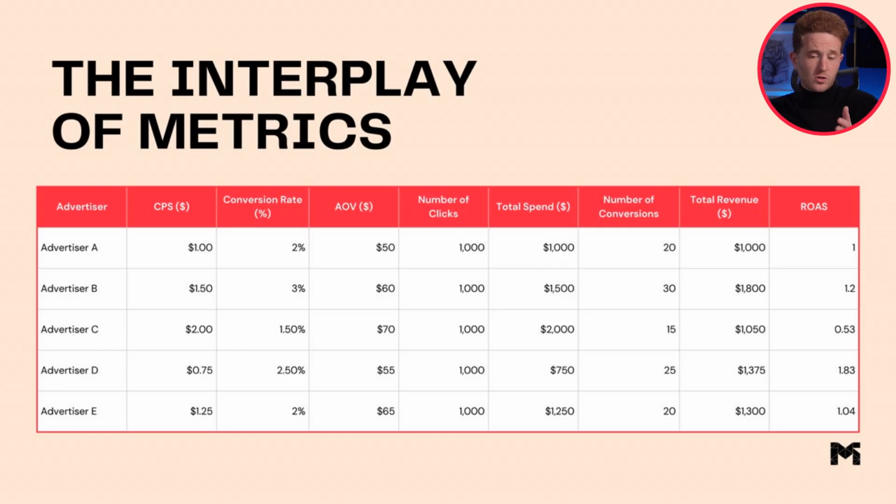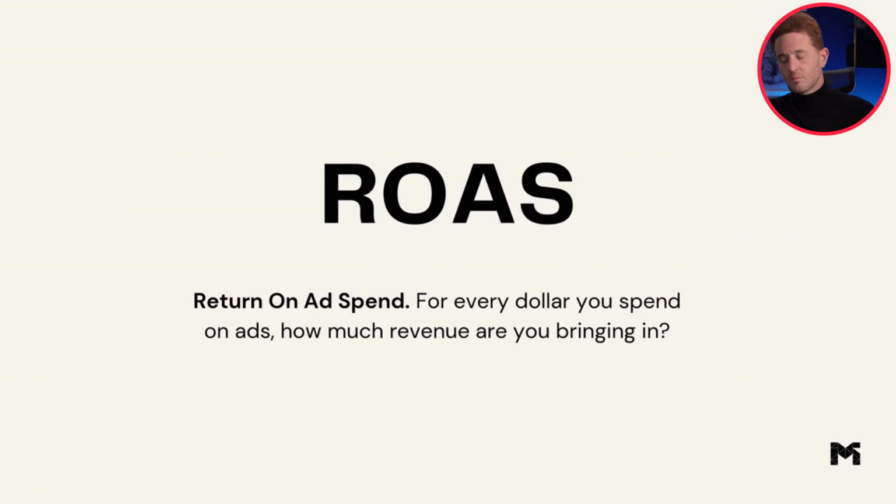So you'll see how, if you just sort of study this chart a little bit, you'll see how dramatically important cost per session, conversion rate, and average order value are to the money you come home with at the end of the day. Now, let's talk about ROAS. You've heard the term ROAS, return on ad spend. It's an important metric for you to understand. And ROAS asks a very simple question. For every dollar you spend on advertising, how much money are you bringing in? That's when we talk about return.